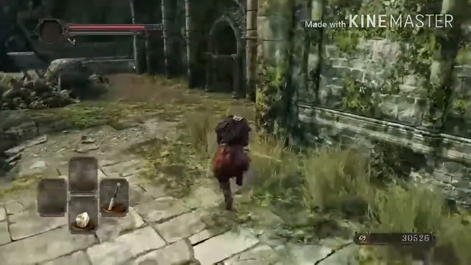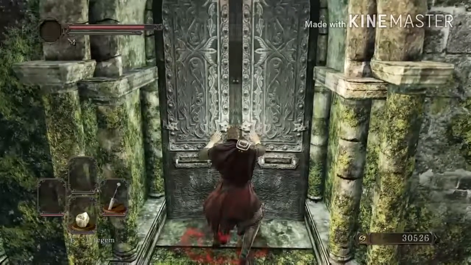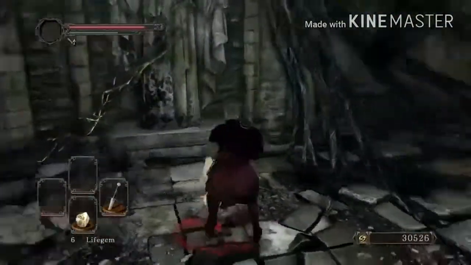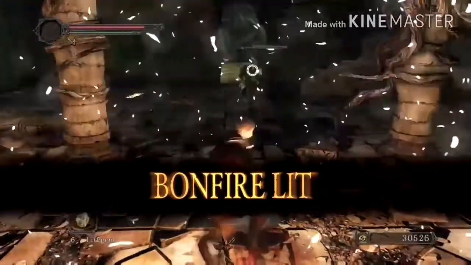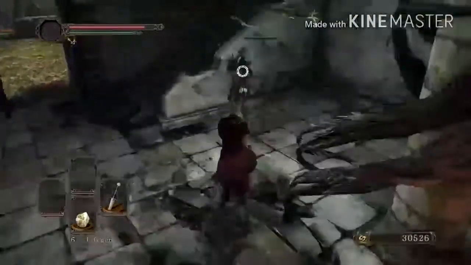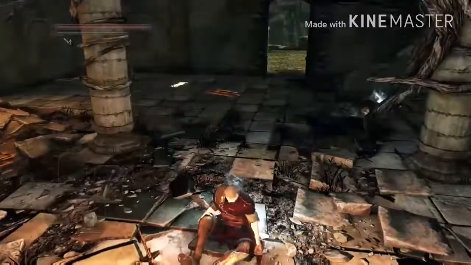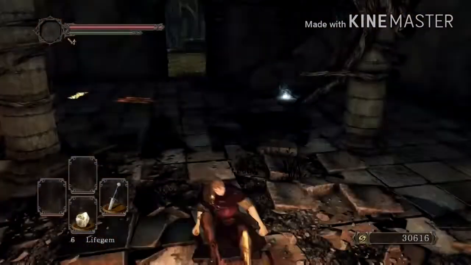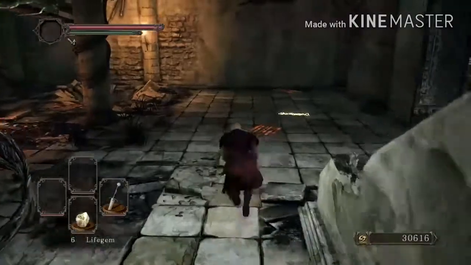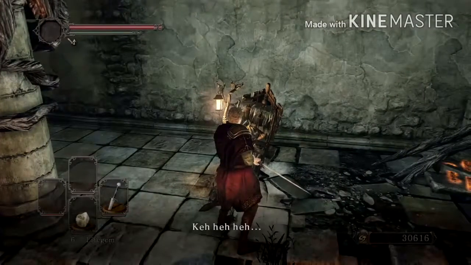And there's going to be a door over here, and you want to open it, and there's going to be a bonfire inside with a merchant. And watch out, there's going to be an enemy that comes up behind you, right there. He's pretty easy to kill, so just hit him, and then hit him again, and now he's dead. Now you want to rest at the bonfire. And after you rest at the bonfire, you're going to want to talk to the merchant. And when you talk to the merchant, you're going to want to buy at least 2 fire bombs, I would say. Because